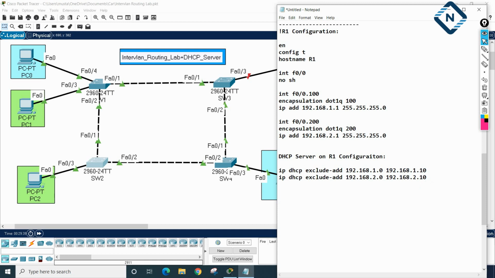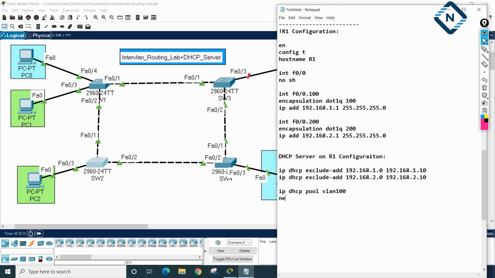After that, we will write ip dhcp pool, and we need to give it any name. I will give VLAN 100 because we are using VLAN 100, so the maintenance team can easily track it whenever they are doing any troubleshooting. Generally we can write any name here. With this I am defining the pool: ip dhcp pool VLAN 100.